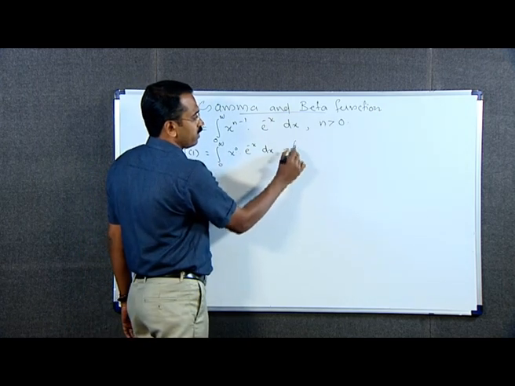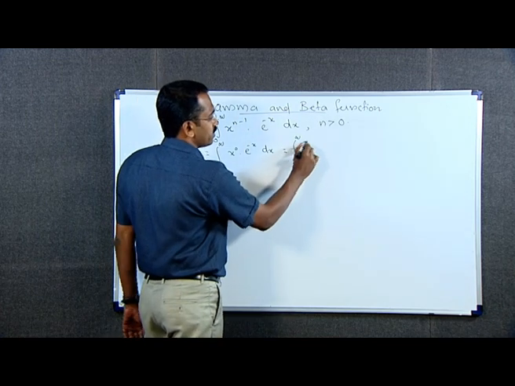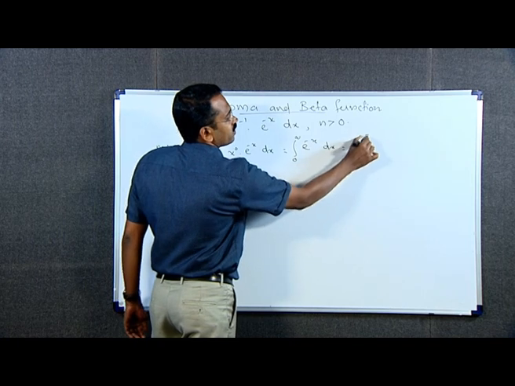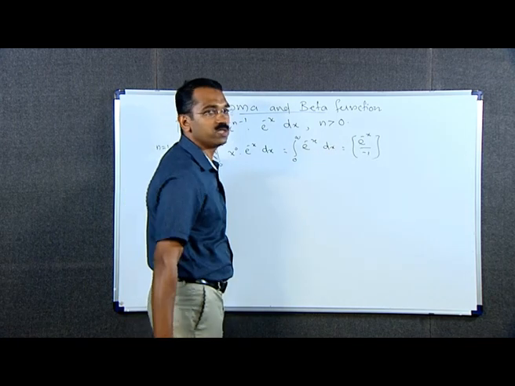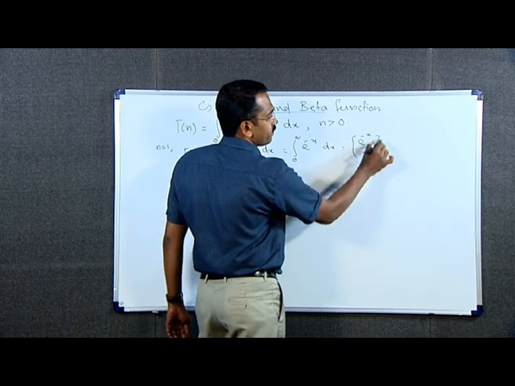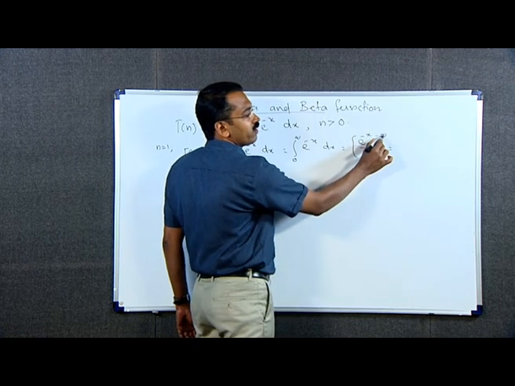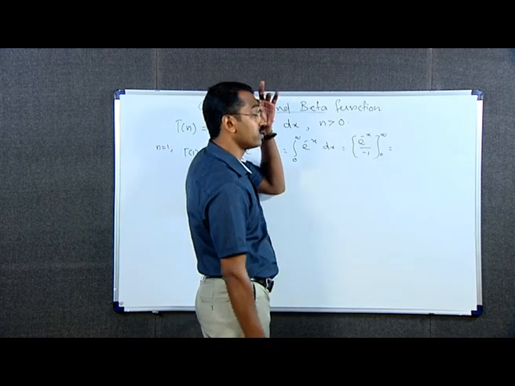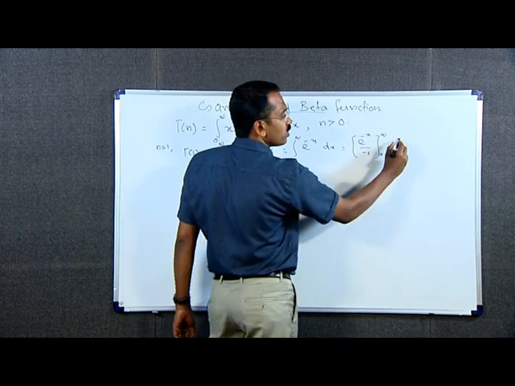This is equal to the integral from 0 to infinity of e raised to minus x dx, that is, on integration, e raised to minus x divided by minus 1 between the limits 0 and infinity, which is equal to, here if we put x equal to infinity, the upper limit, that is e raised to minus infinity, which tends to